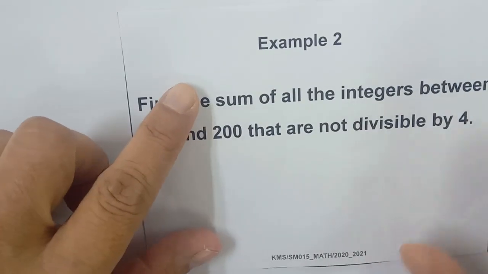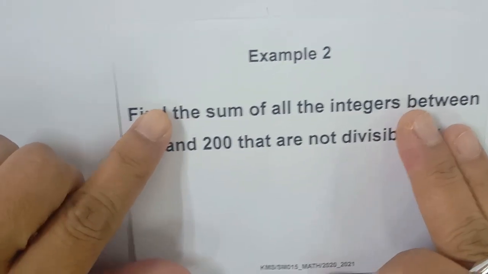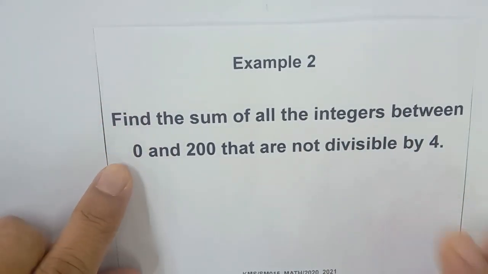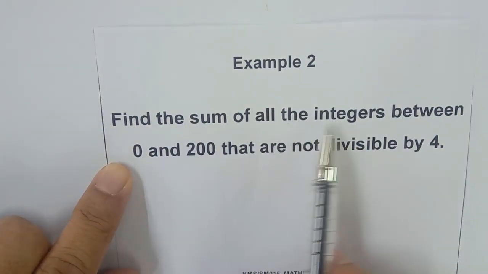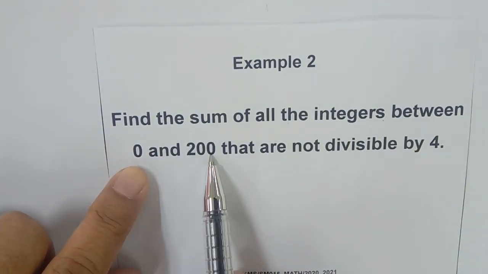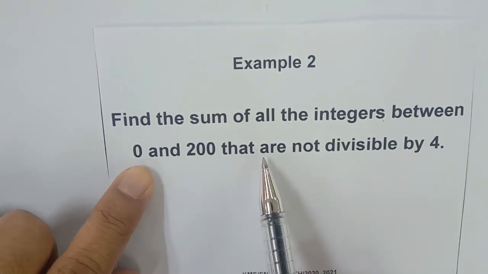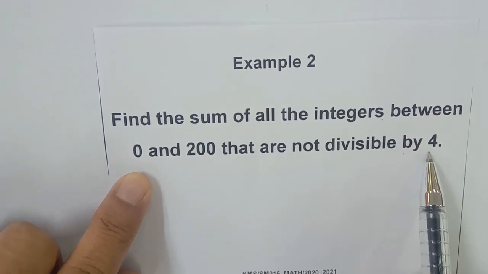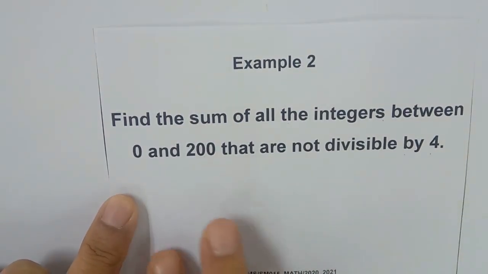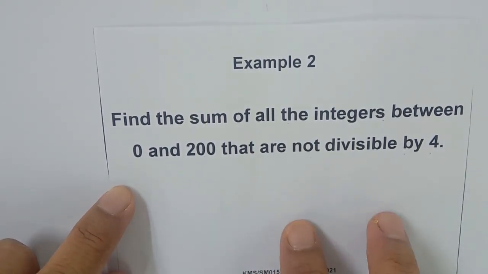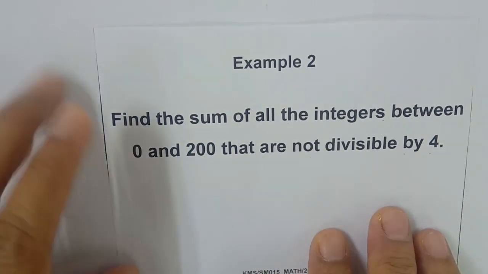Okay, next we proceed to example 2. Find the sum of all integers between 0 and 200, not inclusive of 0 and 200, that are not divisible by 4. Okay, so to solve this question, you must follow 2 steps. The first step,